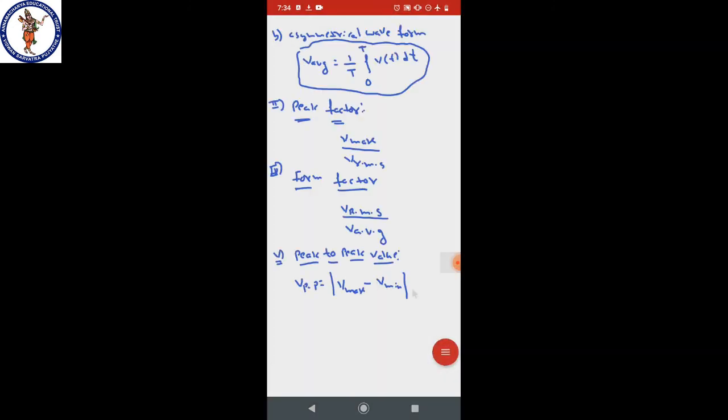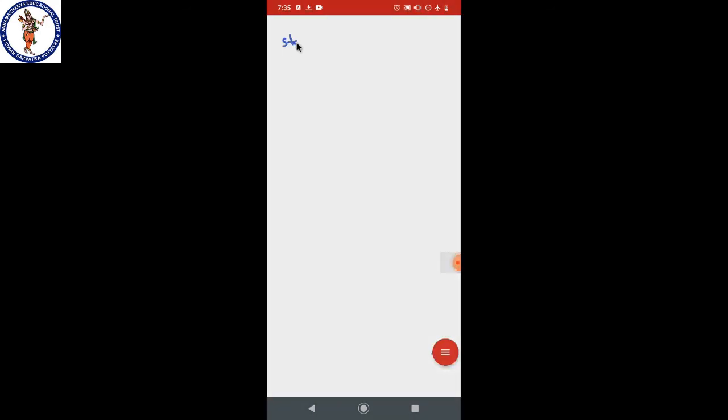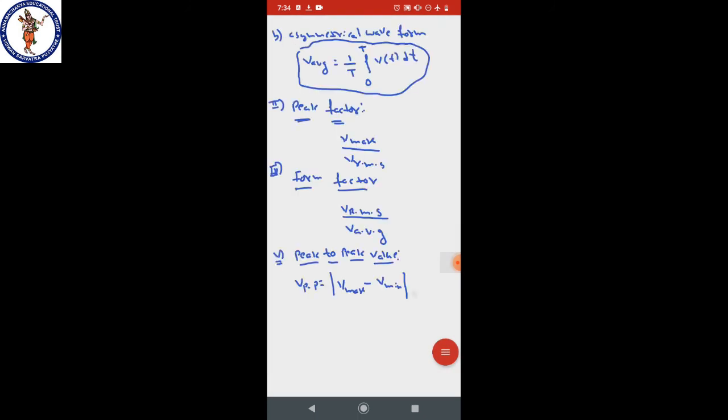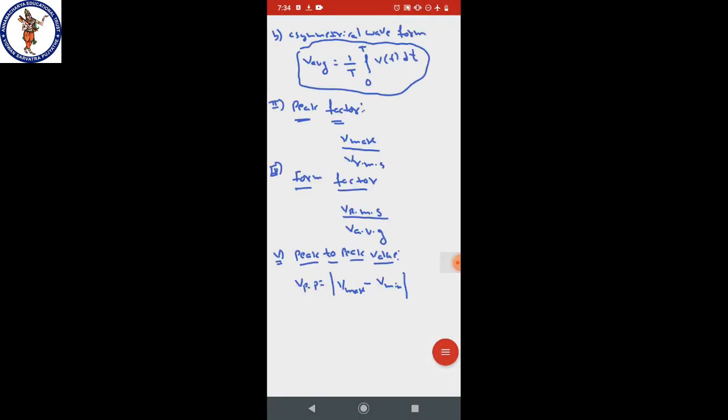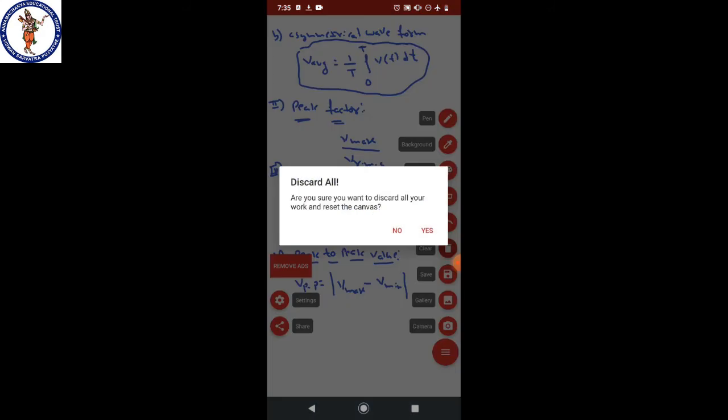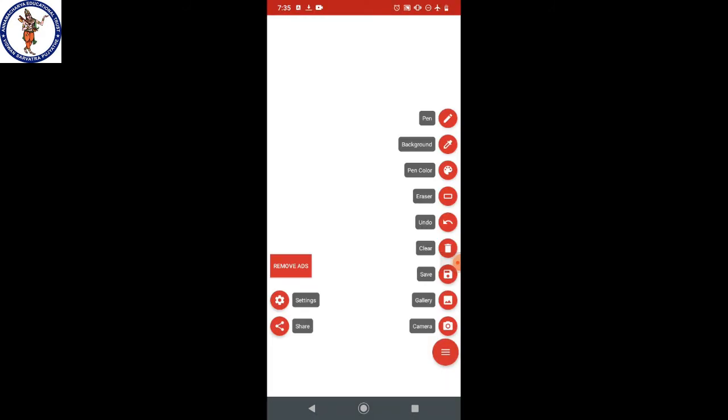Okay, I will write some standard waveforms for the average value, RMS value, peak value, form factor, and peak to peak value. I will explain some standard AC and DC waveforms. This is very important. Learn it by heart, and anywhere you can use this directly in problems. I will draw this.